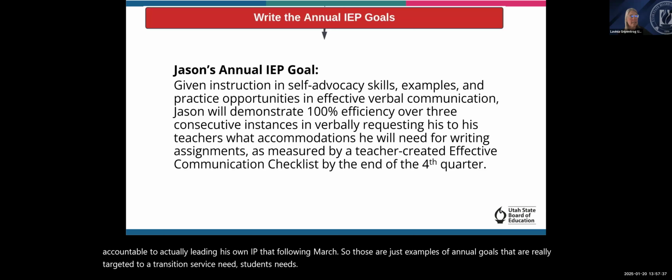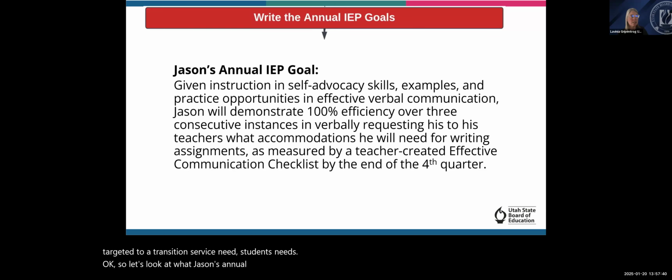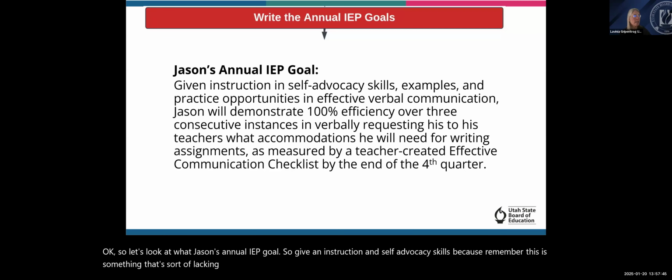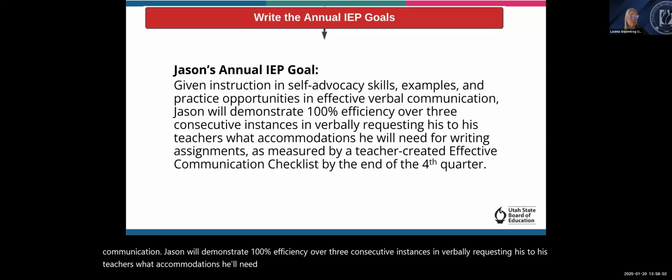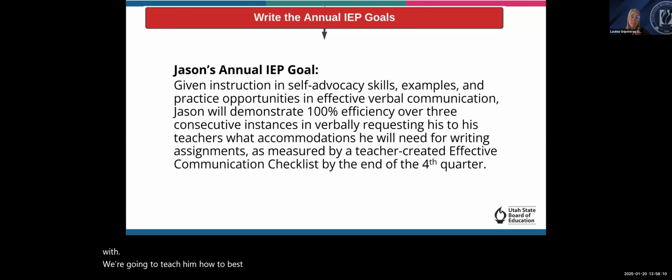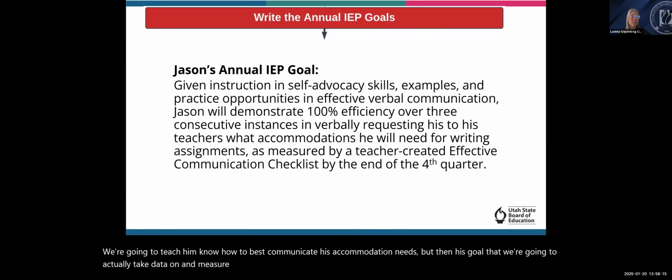Okay, so let's look at Jason's annual IEP goal. So given instruction in self-advocacy skills, because remember, this is something that's sort of lacking for him. He's not comfortable. Given examples and practice opportunities in effective verbal communication, Jason will demonstrate 100% efficiency over 3 consecutive instances in verbally requesting to his teachers what accommodations he'll need for writing assignments. So again, we're going to role play with him. We're going to teach him how to best communicate his accommodation needs. But then his goal that we're going to actually take data on and measure is, did he actually reach out